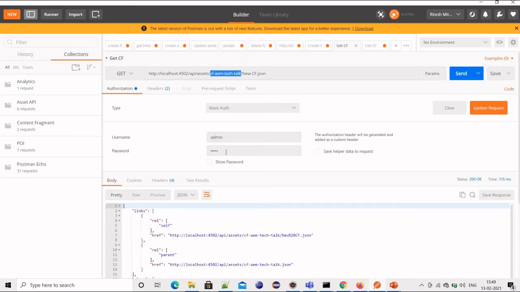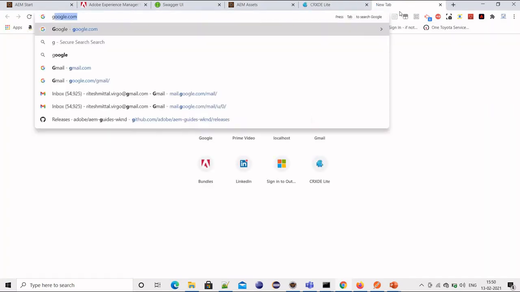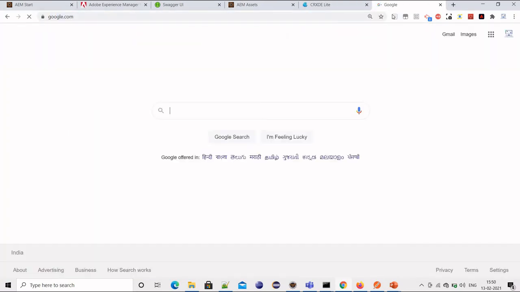I will just pass admin as it's a local one. But if it is not admin, since it's an HTTP API and maybe a non-native application is also using the same API, we can create a basic authorization header. Online there are options available through which we can create a basic authorization header.